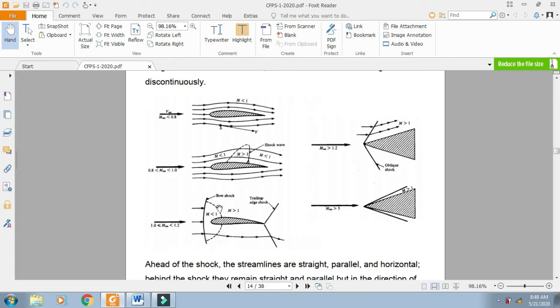In the third case, Mach number infinity is between 1 and 1.2. Now this 1 to 1.2 region is basically the supersonic region. From the basic criteria, it is in the supersonic region, but this is slightly supersonic, and this can also result in a mixed region. Somewhere it will be subsonic, somewhere supersonic.